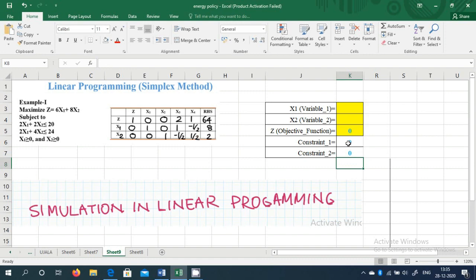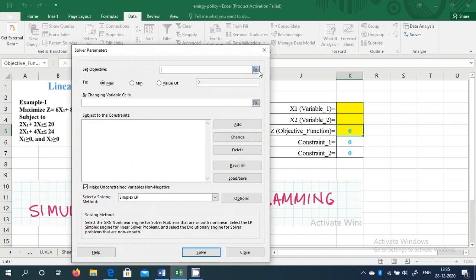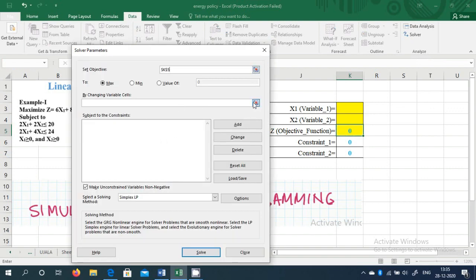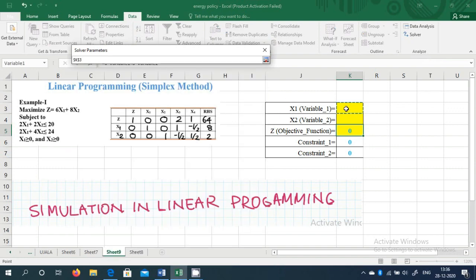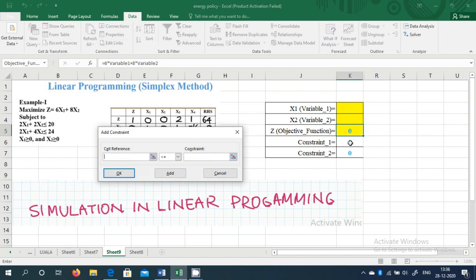After writing this, I'll keep the cursor over here, go to Data, and click on Solver. Set Objective would be my objective function. By changing variable cells are my variable 1 and variable 2, which have already been defined. Then I'll add constraints over here. What is the constraint? This one is less than or equal to 20,